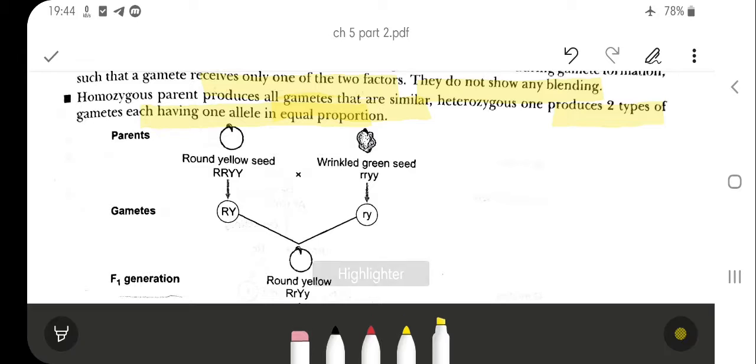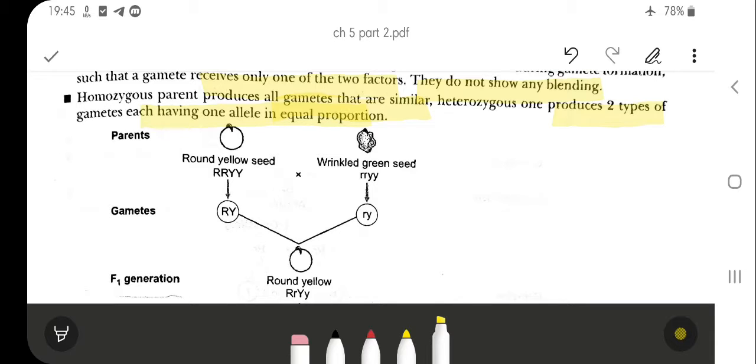In the dihybrid cross we have taken two characters, round and yellow seeds, meaning the shape of the seed and the color of the seed, and the traits are round, wrinkled, yellow and green, meaning the expression of the character is the trait. So what is the character? That is the seed shape and the seed color. And what is the trait? That is round, yellow, wrinkled, green.